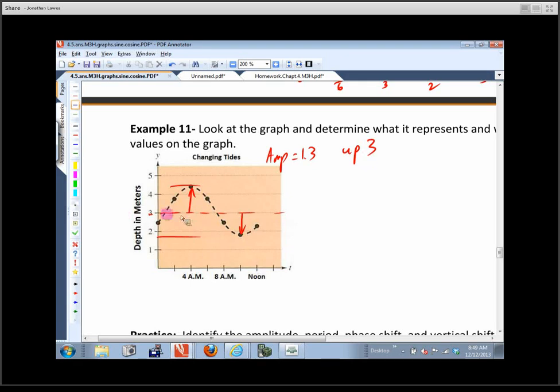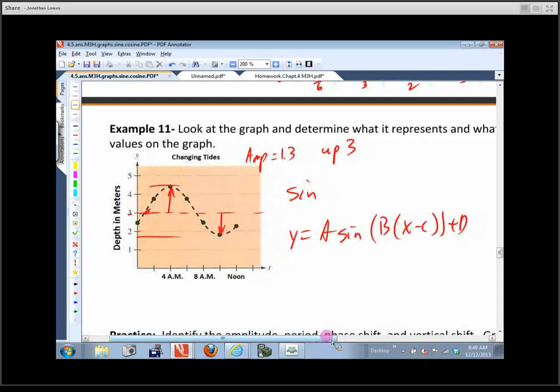And if this is the center line, would we use a sine or a cosine to represent this? Probably a sine, right? Because it starts here and goes up. So we're going to use a sine. So let's see, if it's y equals a sine b x minus c plus d, which of these things have we identified so far? Got the amplitude, right? So we'll do 1.3. Sine of,